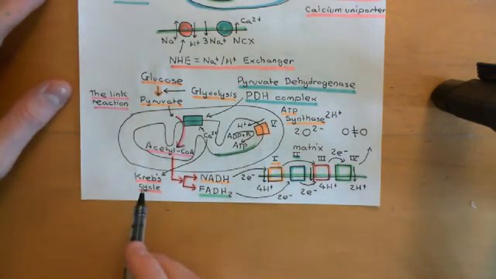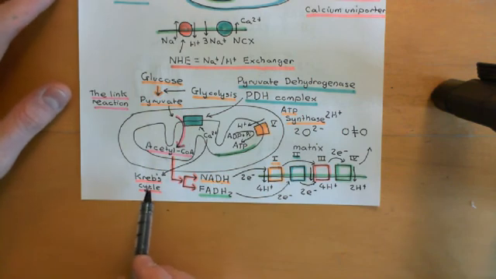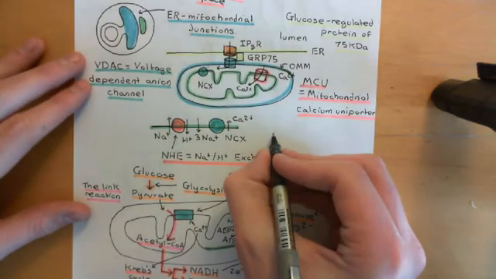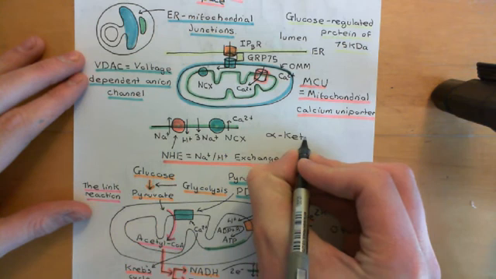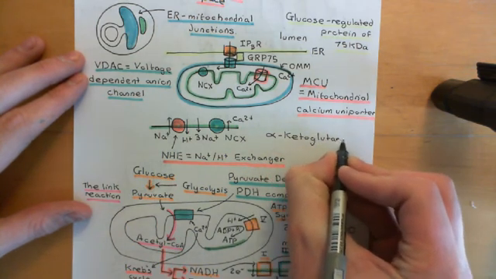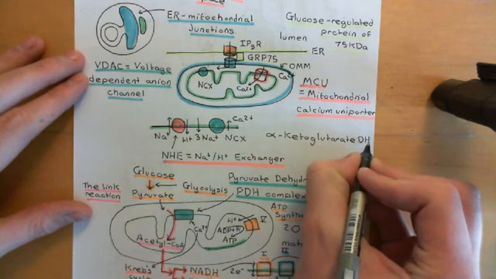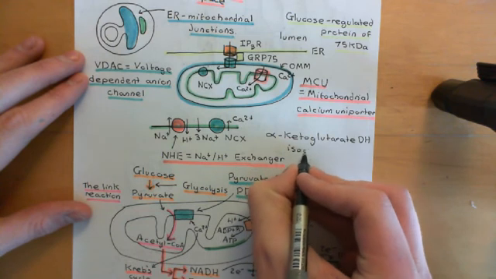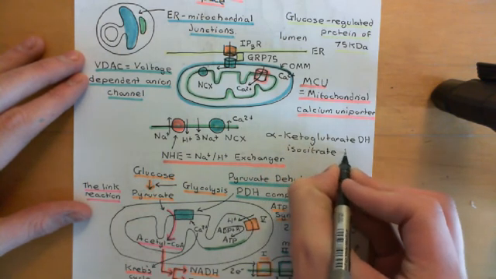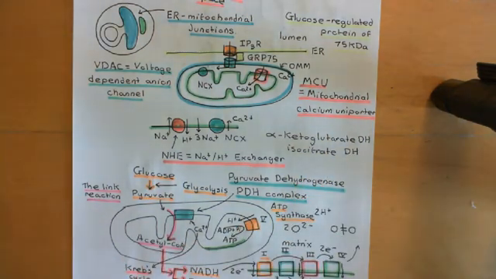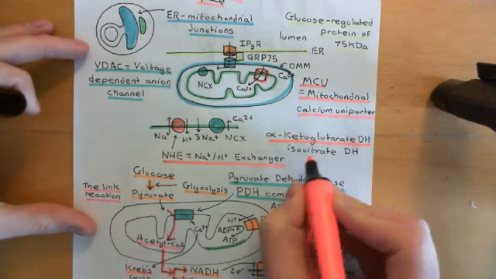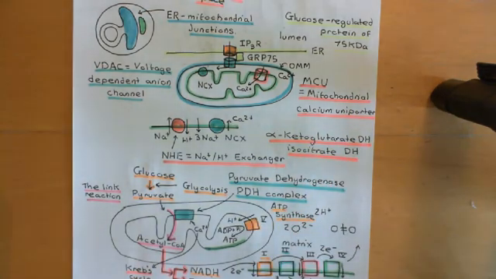For those of you who want to know the specific enzymes of the Krebs cycle that are going to be activated by calcium, if you're familiar with the enzymes of the Krebs cycle, then you might be interested to know that it's alpha-ketoglutarate dehydrogenase, which I'll abbreviate to DH, and also isocitrate dehydrogenase, which are activated by increased calcium levels within the matrix of the mitochondrion. For those of you who aren't familiar with the enzymes of the Krebs cycle, just know that calcium is going to speed up several important enzymes within the Krebs cycle, and therefore increase the rate at which you're forming reduced NAD and reduced FAD, and therefore lead to increased electron transport chain activity